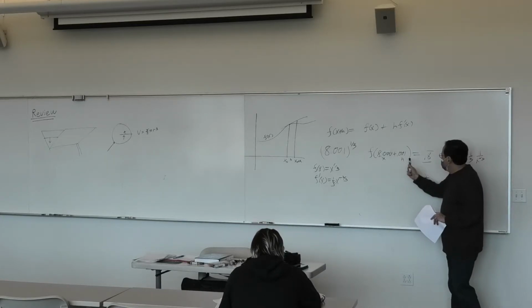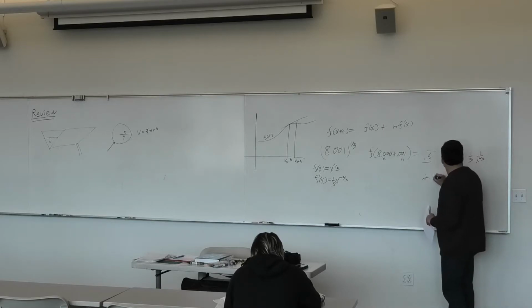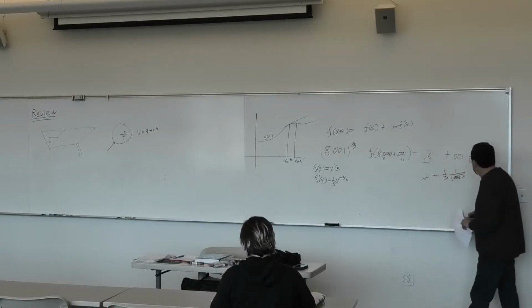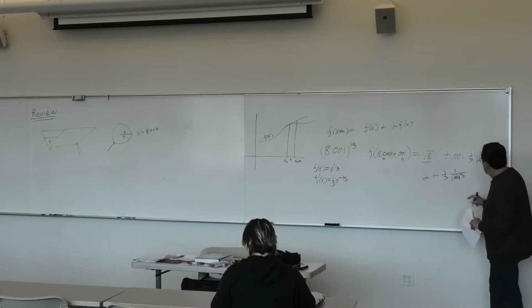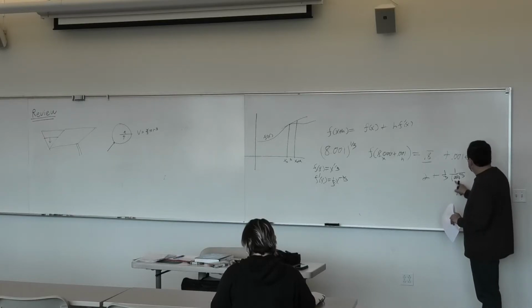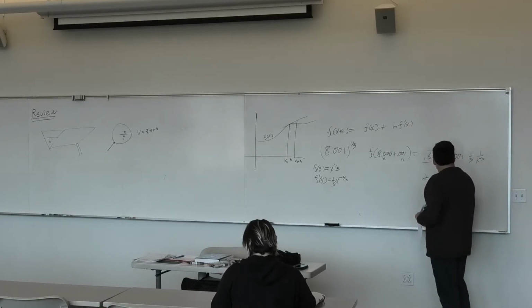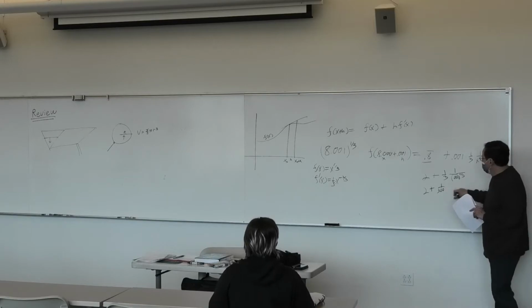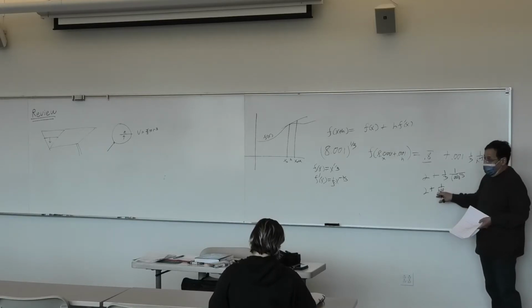Well, now I have to do a little calculation here. What's 1/3 over 0.01 to the 2/3? Oh, I guess I could figure that out pretty easily too. Cube root of that will be 0.1, squared 0.01. So it's going to be about 2 plus 1 over 300. Right? And then you can either do this by hand or use a calculator.